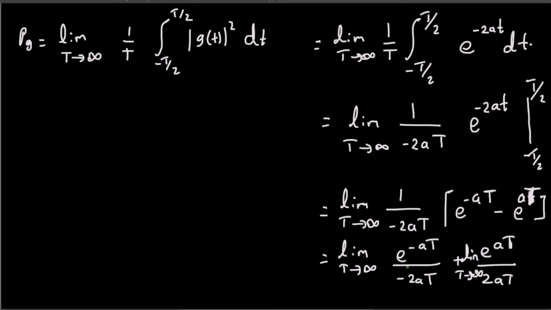So what we can do is we can apply L'Hopital rule whenever we have an indeterminate or undetermined situation. L'Hopital rule is basically we do the first derivative and then apply the limit t approaches infinity. So if I use the L'Hopital rule